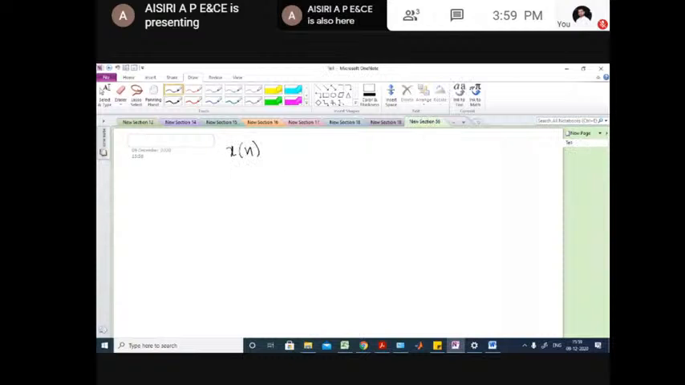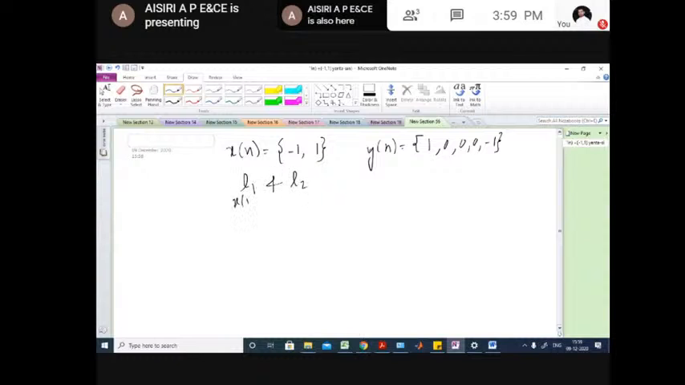I am knowing the value for x of n. x of n is equal to minus 1, 1, and I know the value for y of n. So y of n is given by 1, 0, 0, 0, and minus 1. So we know if you know the length of the sequences L1 and L2, which would preferably be the input and the impulse response, the output sequence length is given by L1 plus L2